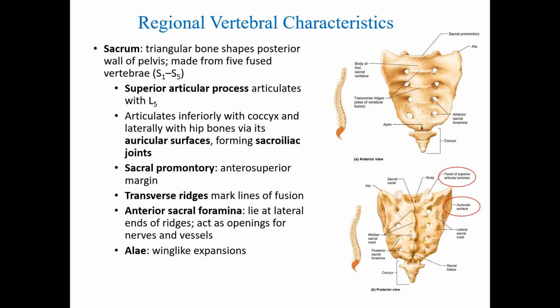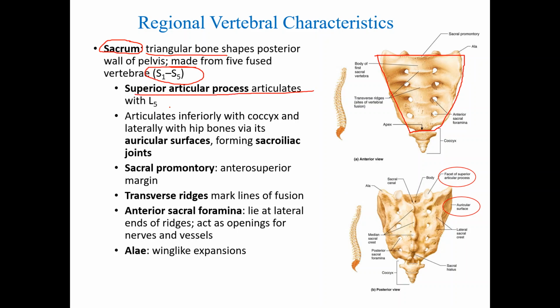All right, so now we're going to talk about the last two portions, basically, which are represented by the sacrum and the coccyx. The sacrum is a triangular bone, okay, recognize the triangle for me here, and is actually made by 5 fused vertebrae from S1 to S5, they're fused, and the superior